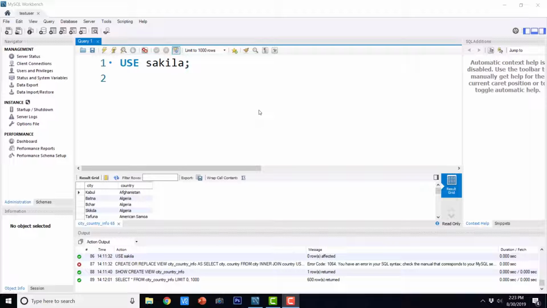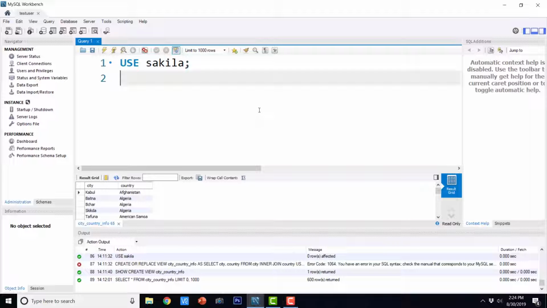In this video lecture, we are going to see the concept of subqueries. Subqueries are special queries that are divided into two parts. The one part is known as the outer query and the other part is known as the inner query. Usually the inner query is executed first and its output is passed to the outer query for further filtering or whatever activity we want to perform on that.